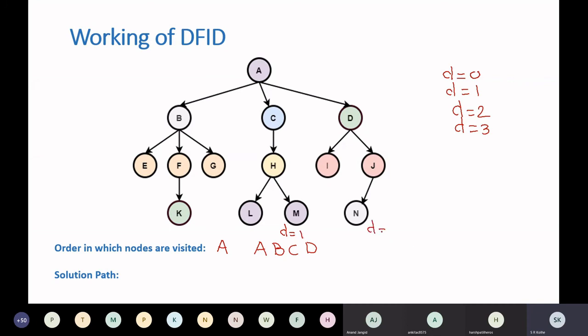Then for D is equal to 2, now we did not get the solution. So increase the depth by 1. So D is equal to 2. So how will execution take place? Again A, B, C, D, E, F, G. G is a goal. So it will terminate there, right? But all nodes will be explored actually, H, I and J. But after that, no further expansion, right?